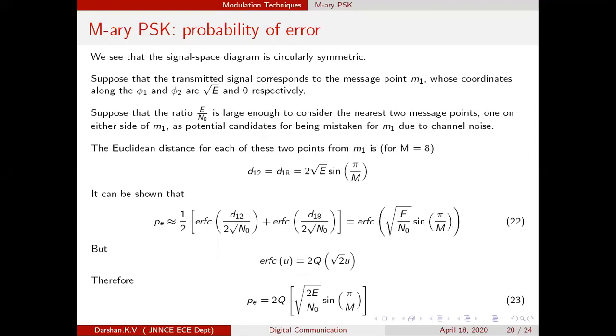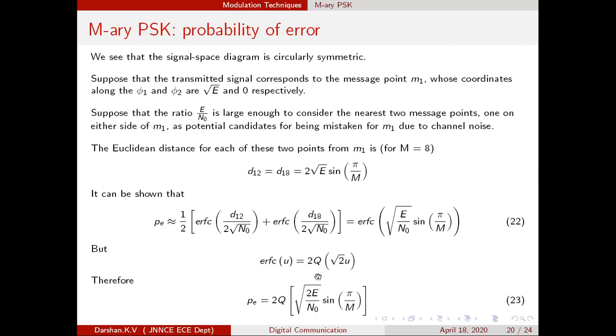Sometimes the error function is written in terms of another function that is called the Q function. So what do we mean by the error function? This is very simple. In the probability of error expression, you have exponential terms with an integral. To evaluate the integral of exponential terms, one textbook will use the error function. Some other textbooks or scholars are going to use the Q function. In both cases, they are evaluating the integrals. So you can stop the explanation up to equation 22.